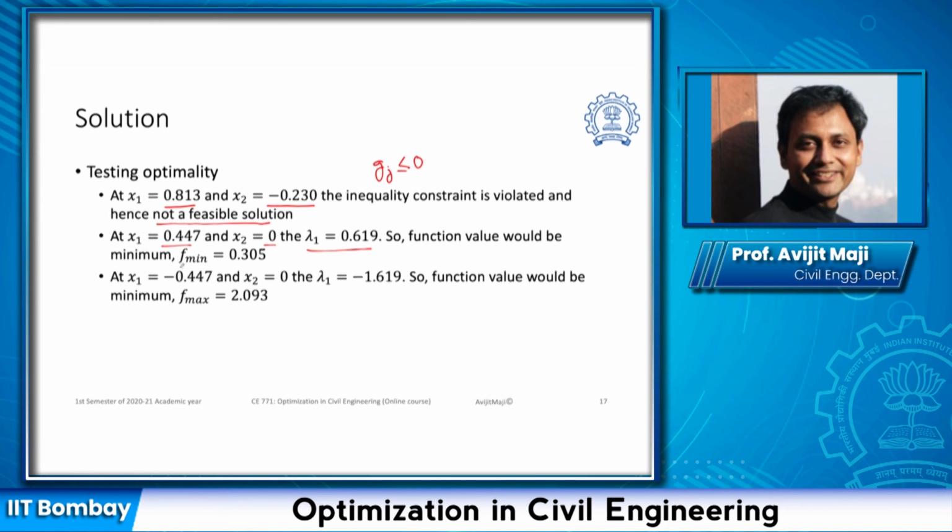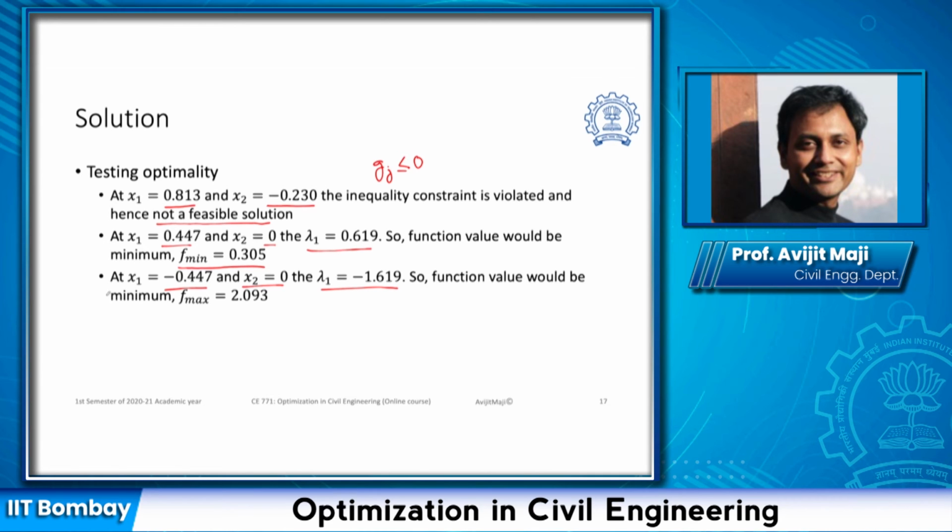So my minimum function value is going to be 0.305 if we replace x1 and x2 in my objective function. The third point, which is negative 0.447 and 0, there my lambda value is negative, indicating the point as the maximum point,